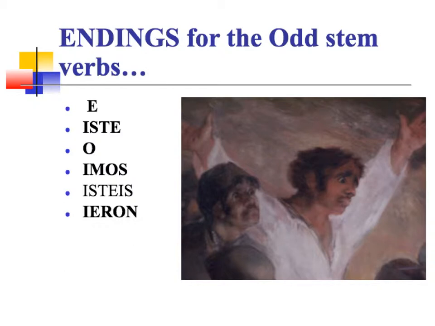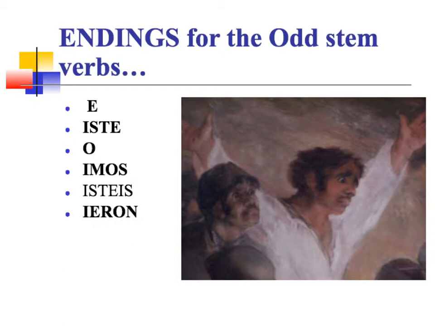Okay, no accent marks. So now if you go back through those 13, you'll end up with tuve, tuviste, tuvo, tuvimos, tuvisteis, tuvieron. And some of you were asking about estuve at one point, estuviste. So that's how it sounds, and it's actually something you just have to memorize.